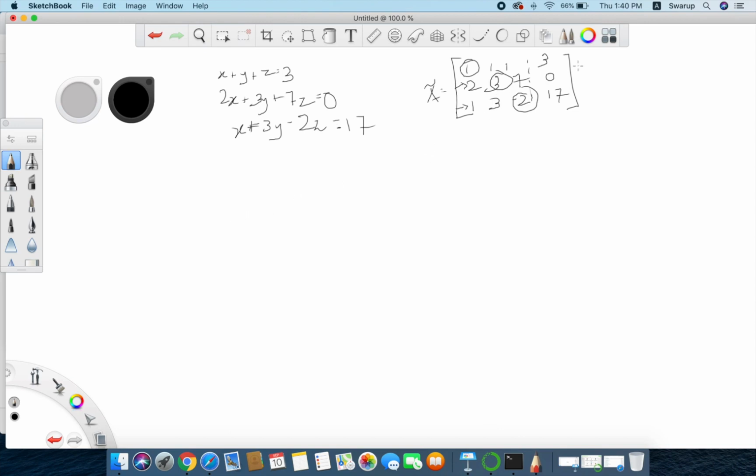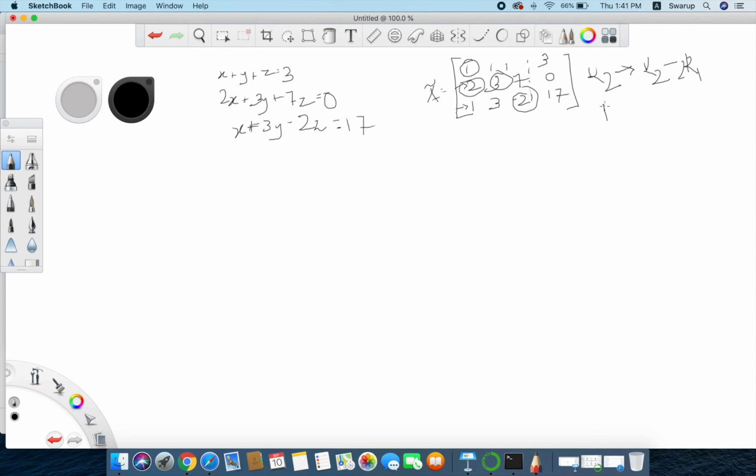To do that, I can take row 2 implies row 2 minus 2 into row 1. Row 2 minus 2 into row 1 I can do for row 2. First I will try to convert this to 0.